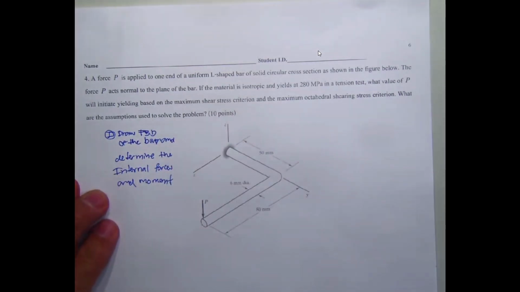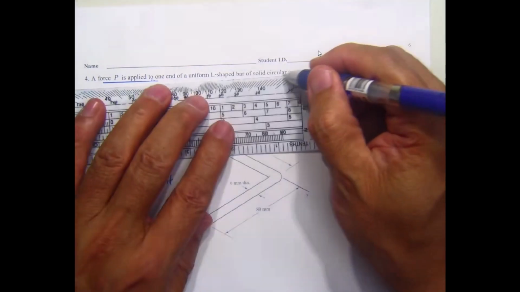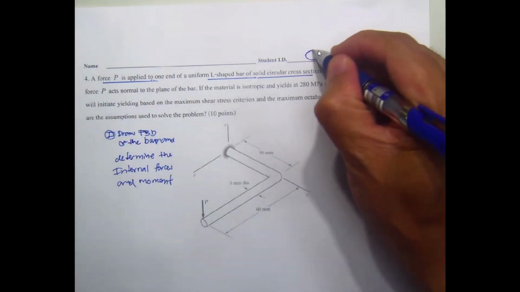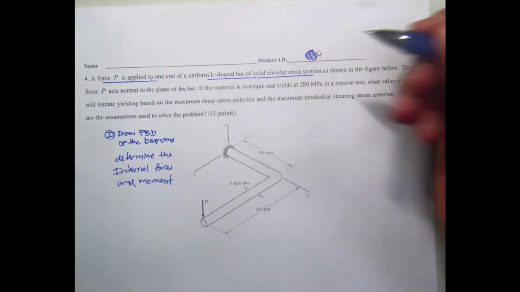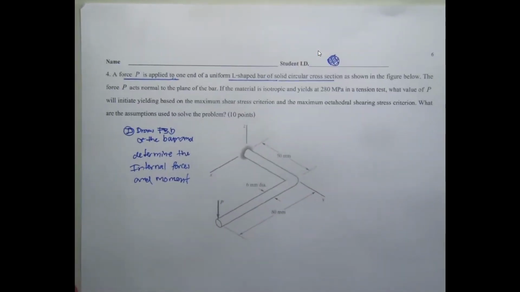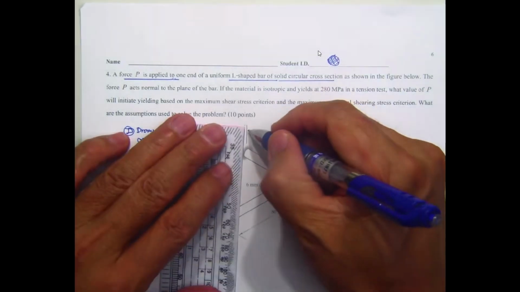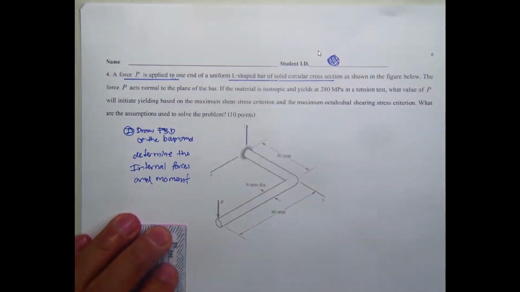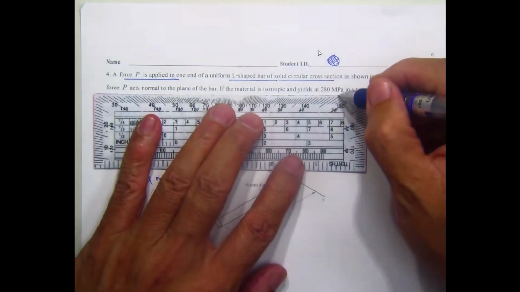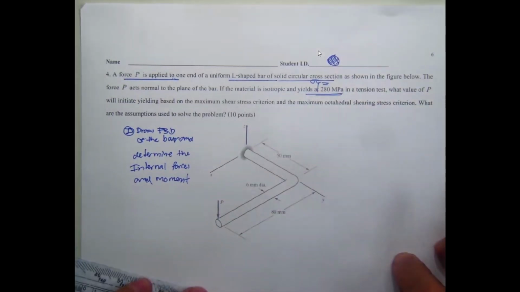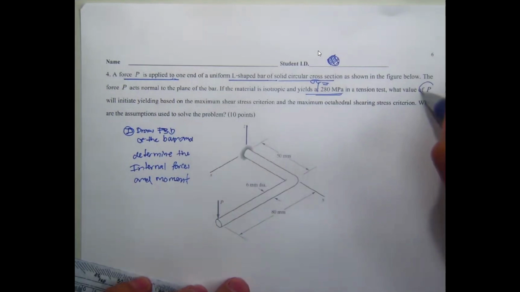Now, the force is applied to the L-shaped bar with the solid cross section. That means it's going to have this kind of section. The force P is normal to the plane of the bar. That means the force P is in the C direction. Okay, force P in C direction. If the material is isotropic and has sigma sub y equal to 28 megapascal, they ask us to determine